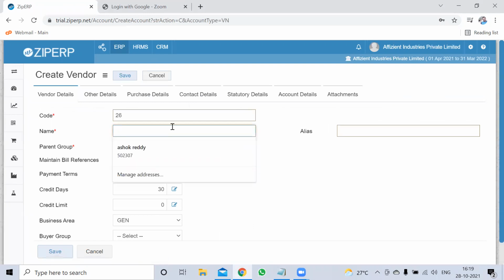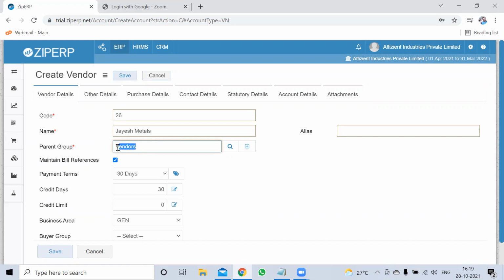As you said, this is JS Metals. Is that code automatically generated, or can we create it? The code will be generated by the system, sir. If you want to put your own codes with alphanumeric, you can.